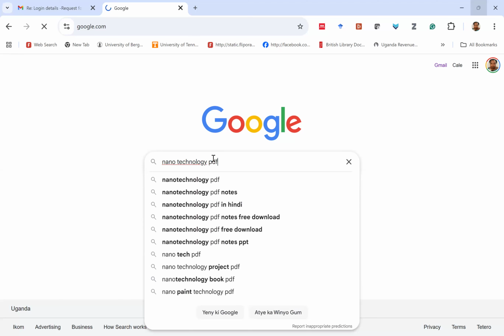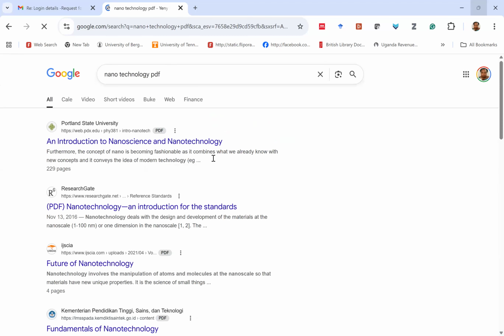Nanotechnology. You see that? You space, and then at the end you put PDF, okay? So when you put PDF, it should lead you even to what? To articles which are peer reviewed. Now this is an article from Portland State Nanotechnology. So you can just click on the title to lead you to the PDF. This one is from ResearchGate. I see some from IGIS here. You see that? This is how you're going to search your Google smartly. I think let me stop here. I see people are running away already. Allow me to stop here and give room for questions or for clarity in case of anything, then we can close.